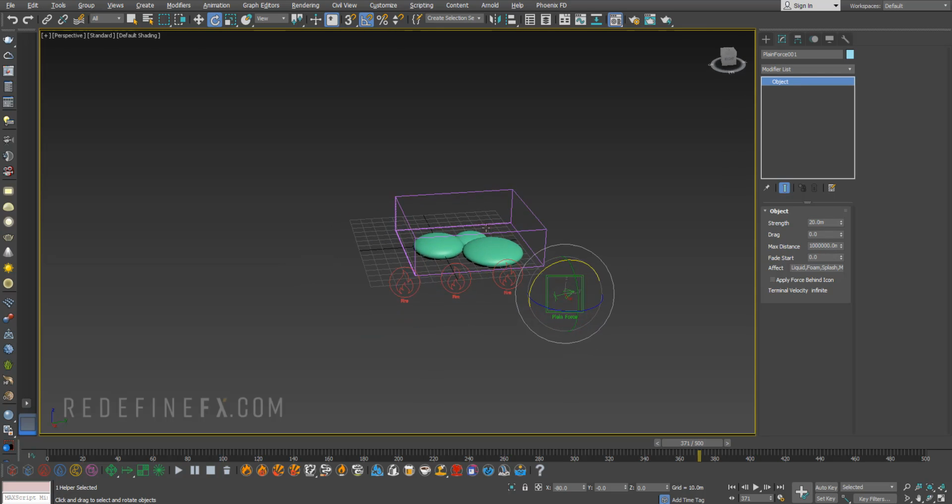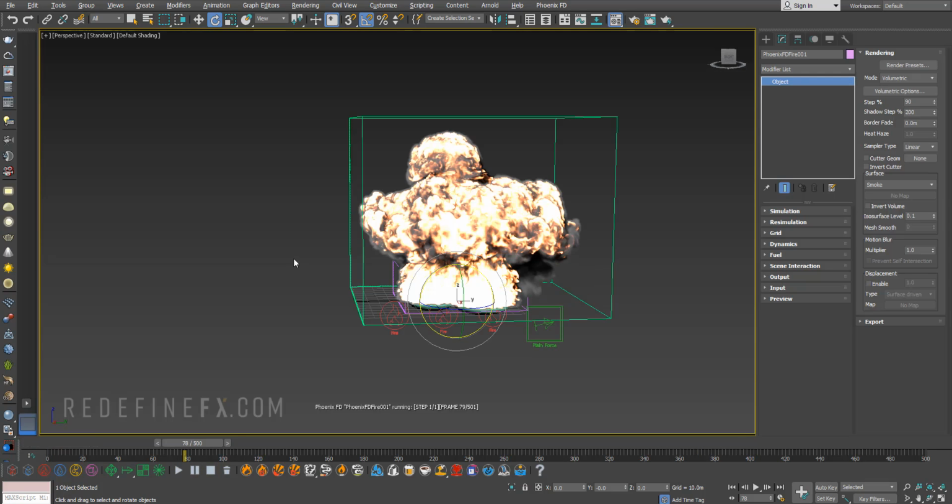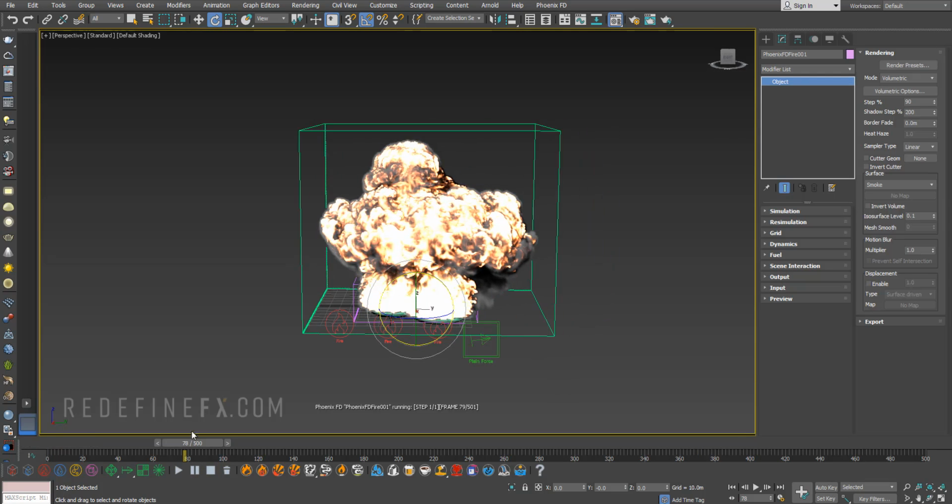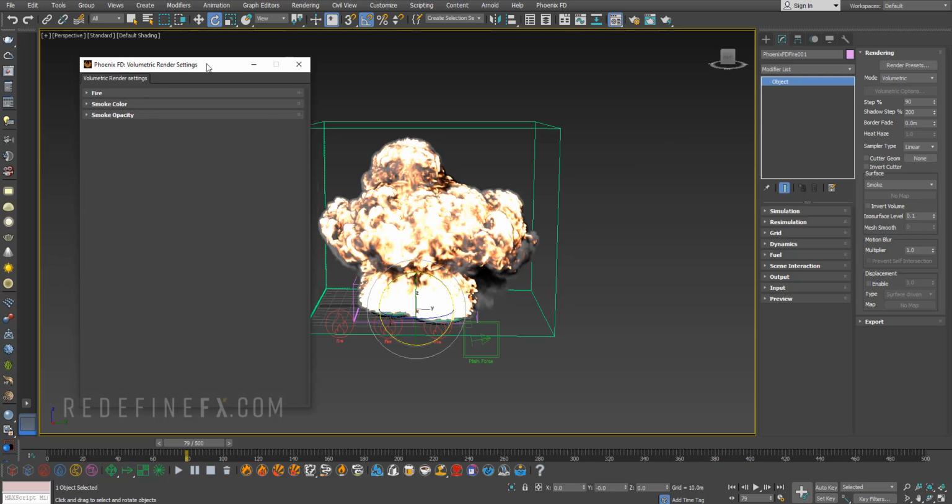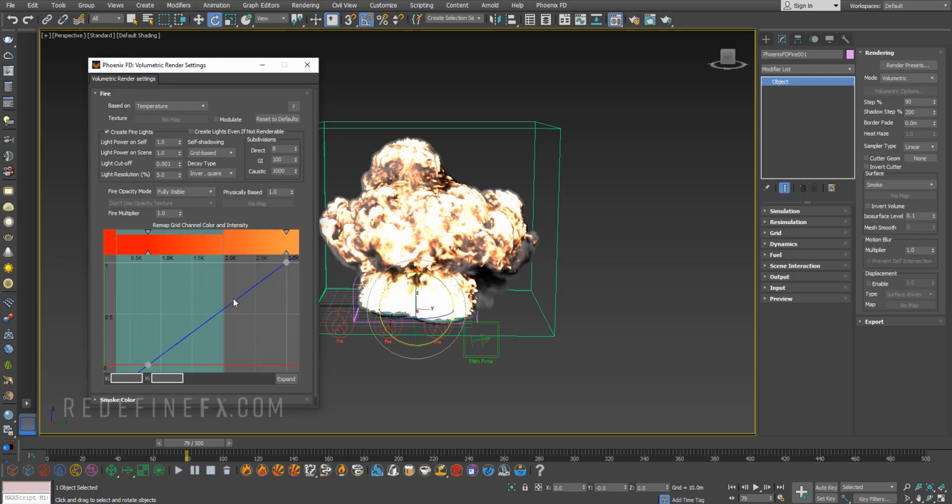So with all that in place, let's run the sim and see what we're getting. Alright, so I'm running the sim and everything is looking good. It kind of looks like a big fiery explosion, but we're gonna fix that with the volumetric shader. So under fire, I would just basically play with this curve until you kill off a lot of